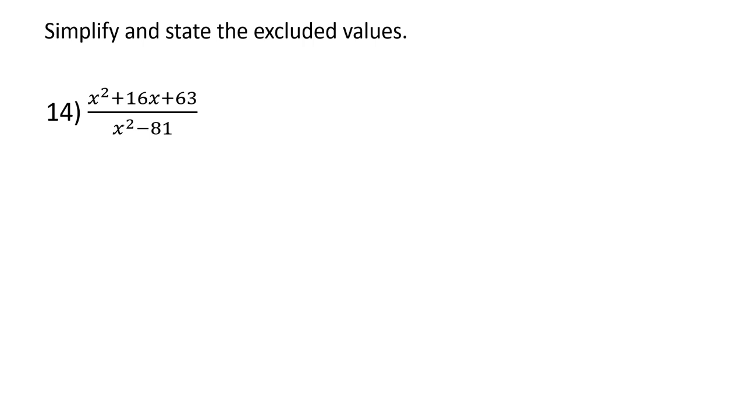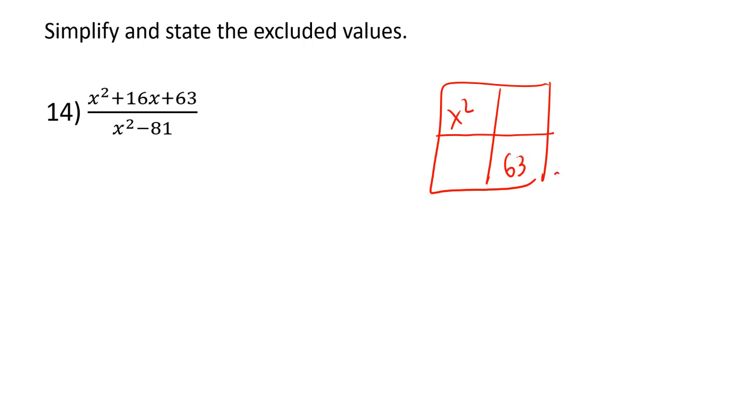14, same thing. In the numerator, we're going to factor with our box. Two numbers that multiply to be 63x squared, but add to be 16 is going to be a 7x and a 9x. So we're going to have,